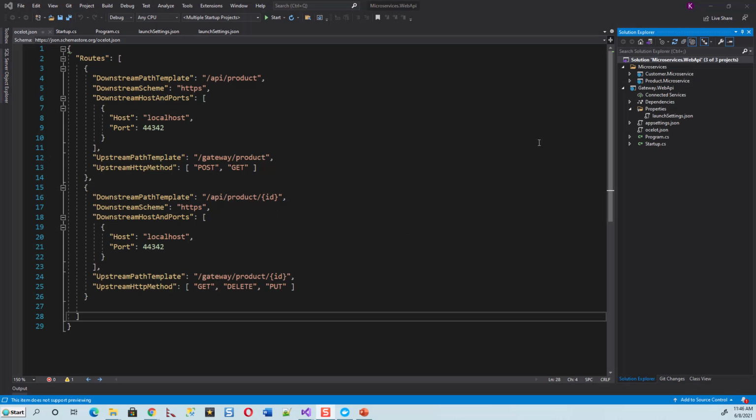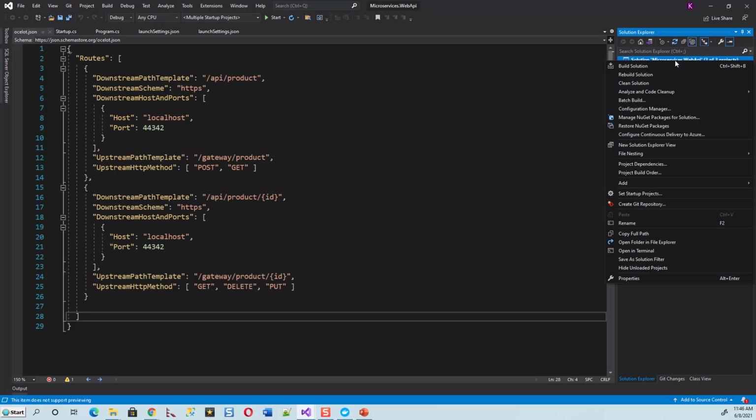So friends, I will take this existing solution which we have. If you have followed my other 6 tutorials, you would have seen how I built it from scratch. This microservices.web API now contains 3 projects: a customer microservice, a product microservice, and a gateway.web API, to which I am going to add a 4th project, which is a .NET Core library. So add a new project,